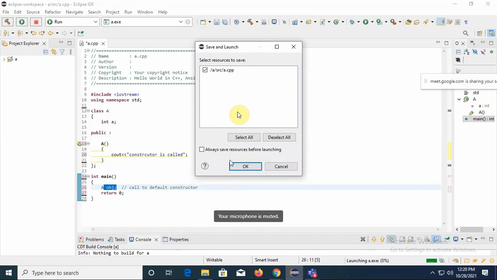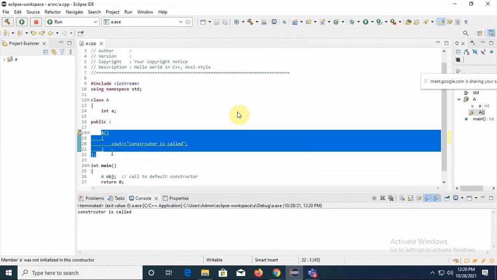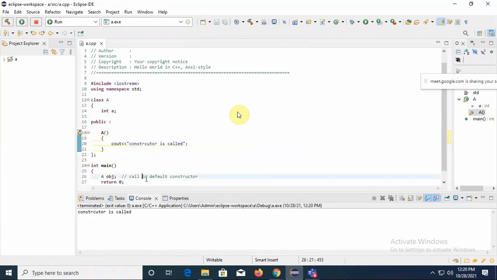Next time I'll be again giving a call to another object. I'll be creating another object. Again the call will go to the constructor. Again some other memory will get allocated. Right? Now, what I wanted is that this memory which is allocated by the constructor, I just wanted to deallocate it.